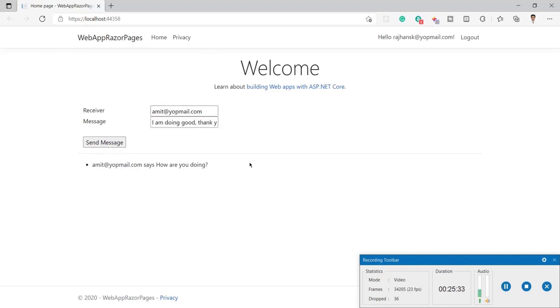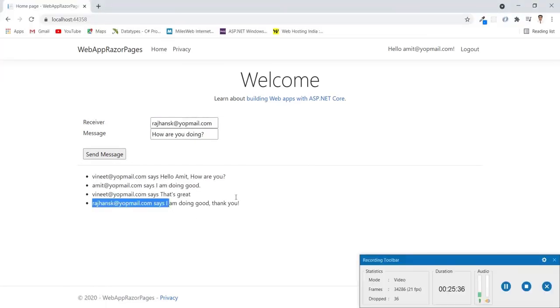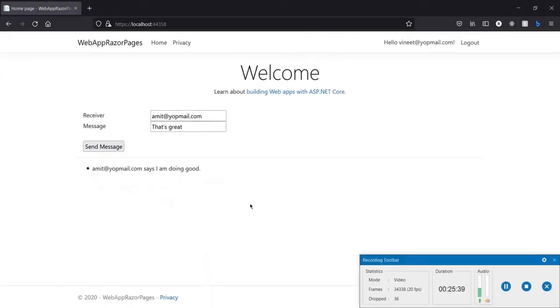Let me click on send, and you can see the message has reached Amit. Okay, but this message has not reached Vineet. So like this you can implement one-to-one chat, which is super easy to implement and do.